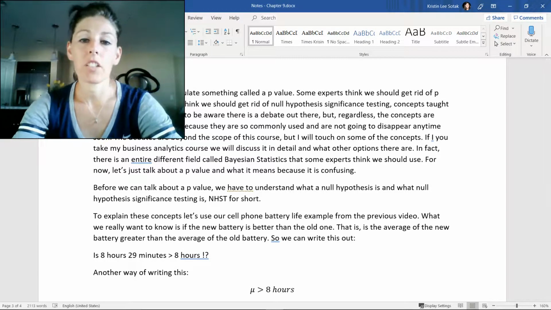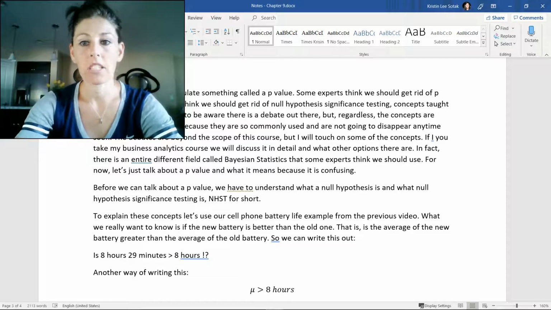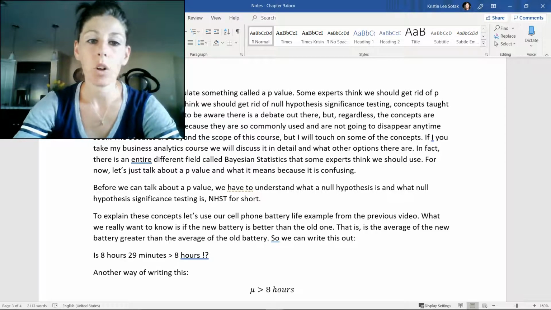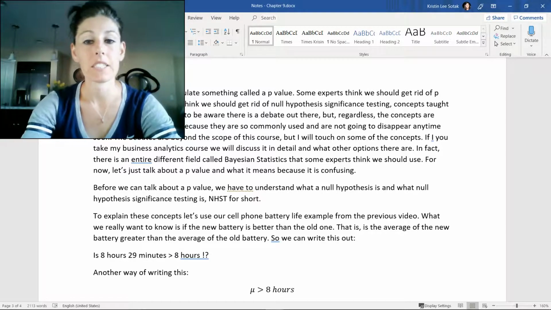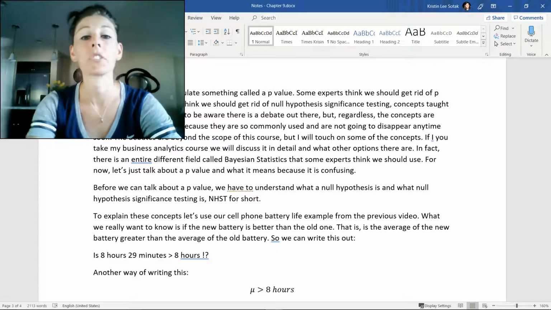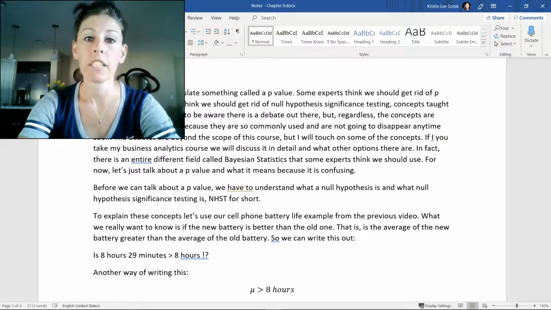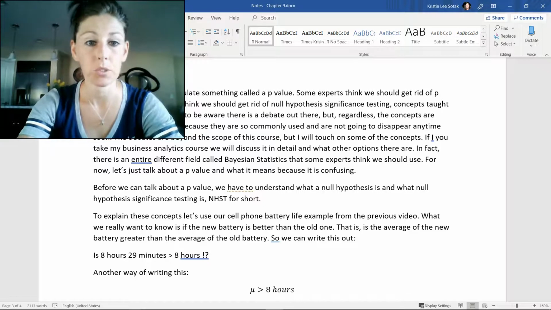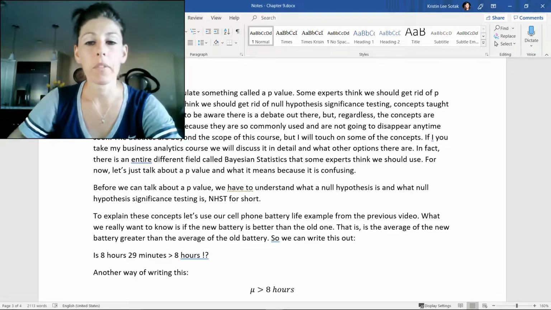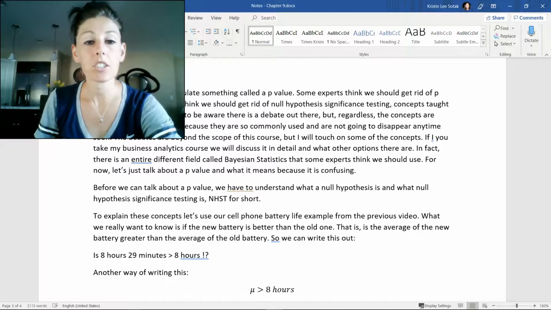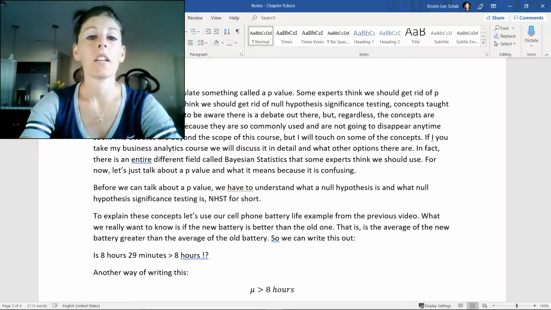So up front, let's just talk about that some experts think we should get rid of p-values altogether. Others think that we should get rid of null hypothesis significance testing. I want you to be aware of the fact that there is this debate out there. However, these concepts are important to understand because they are so commonly used and they're not going anywhere anytime soon. The debates are beyond the scope of this course, but I'm going to touch on some of them just a little bit. If you take my business analytics course, we'll discuss them in greater detail and some of the alternative